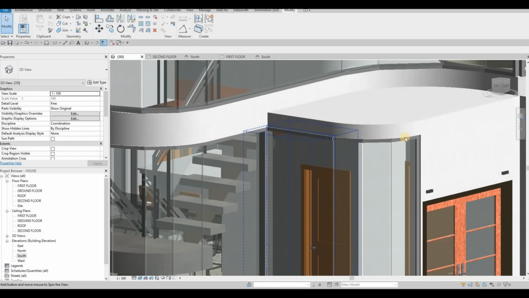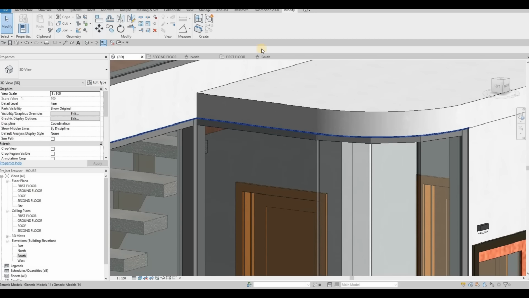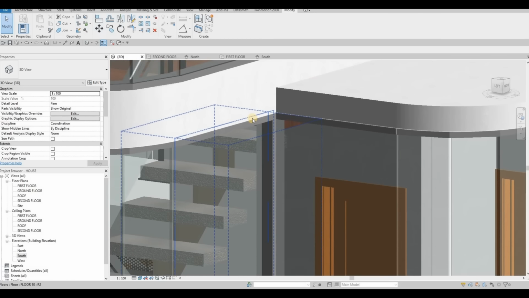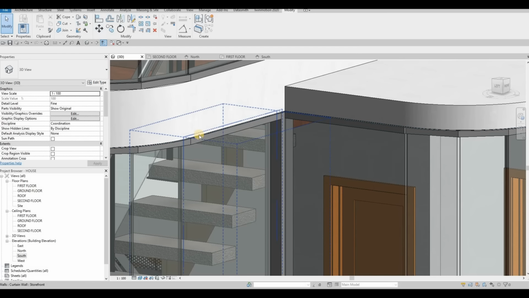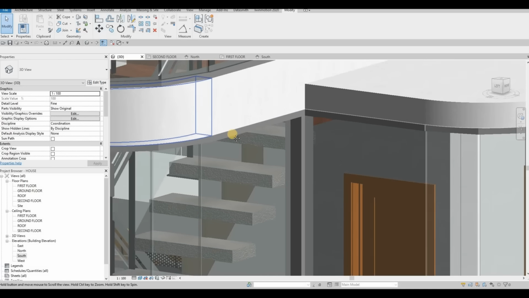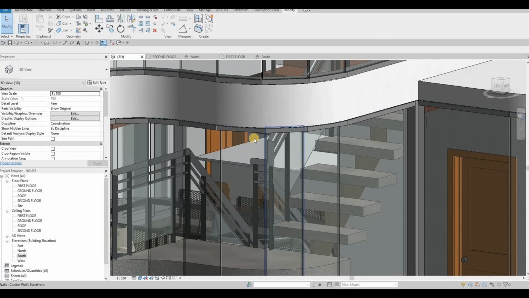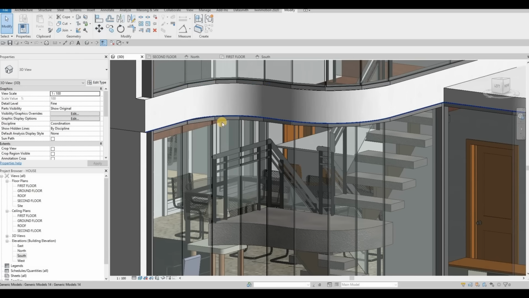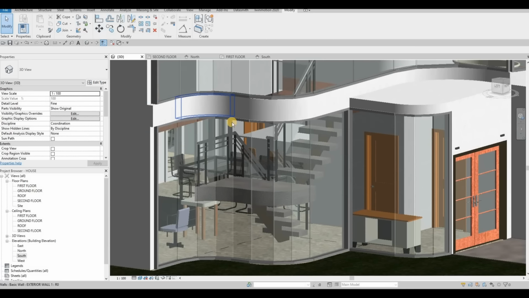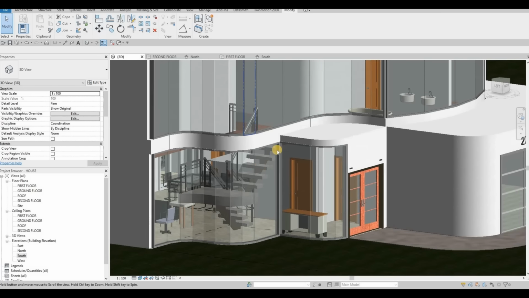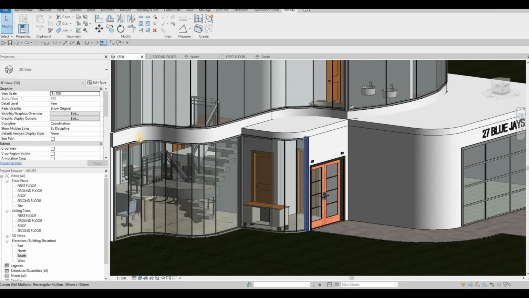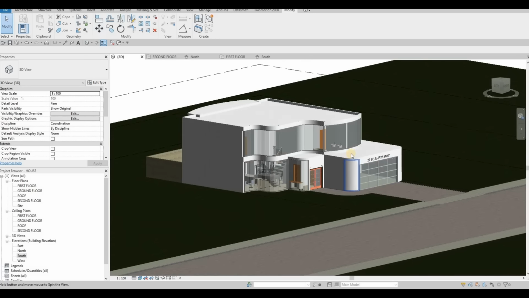So what I do is I do it one by one and then check one by one. I keep on adding one after another and then checking to see if there are some problems, and then keep going until I finish it. I think that's the best way of doing this, especially in the curve situation. So anyway,